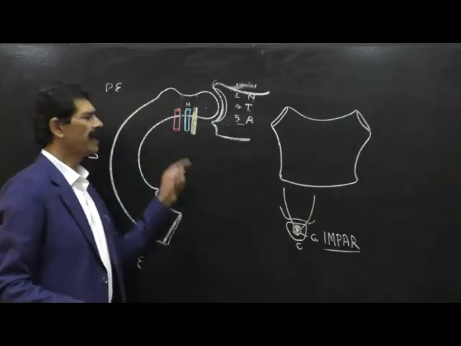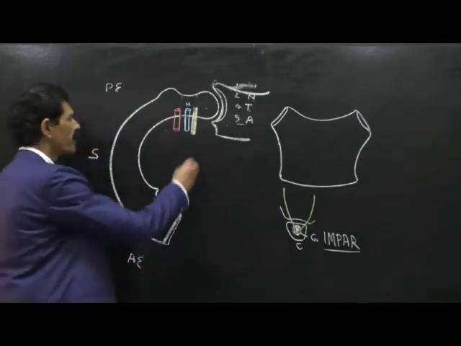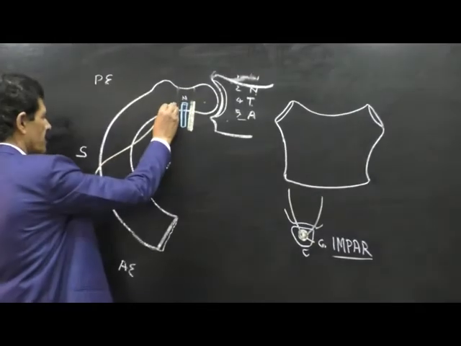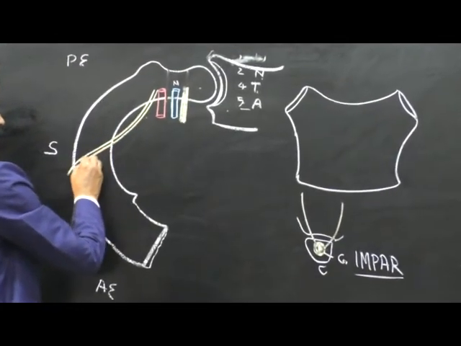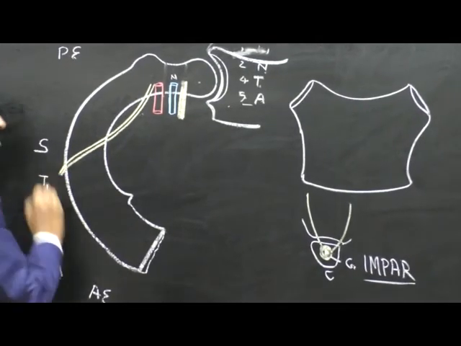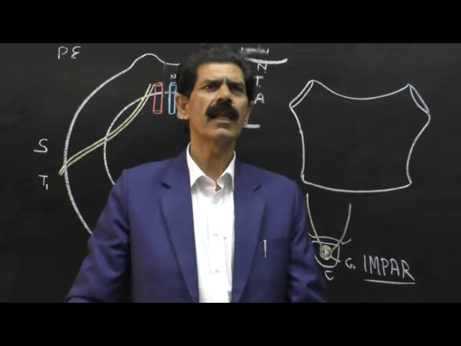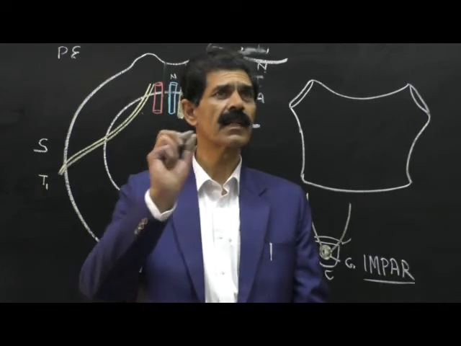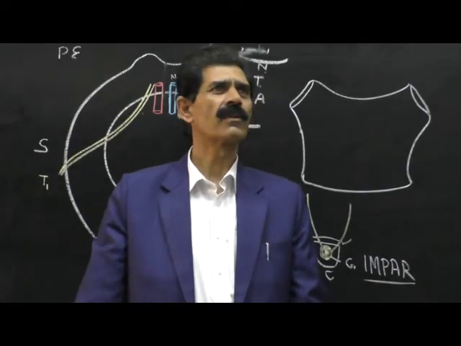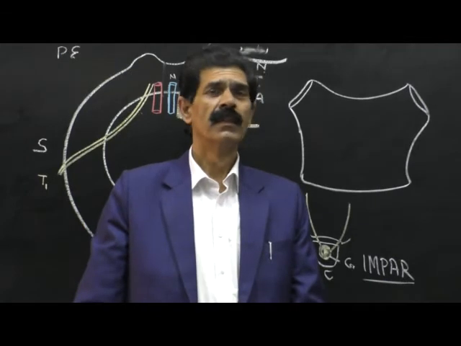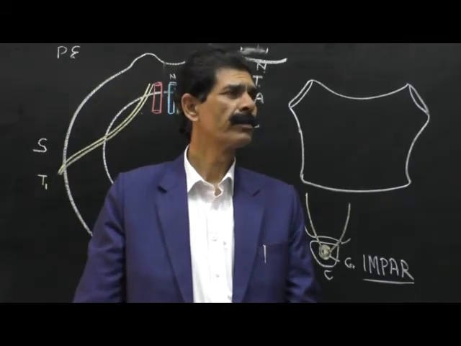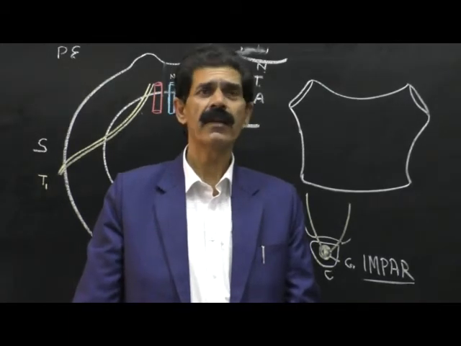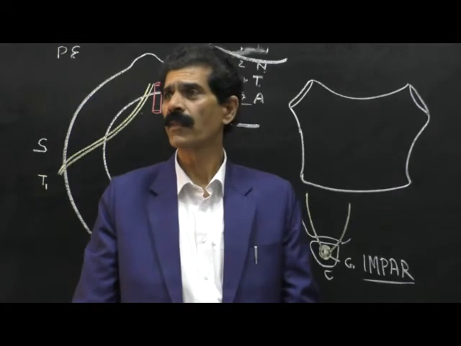Then the lateralmost structure, of the 4 structures touching, is going like this. This is T1. What is T1? Ventral ramus of the first thoracic spinal nerve. All the words are specific, like your physics. You can't change even a single word. If you miss a single word, viva will be 0. First thoracic ventral ramus of the spinal nerve should be your answer.